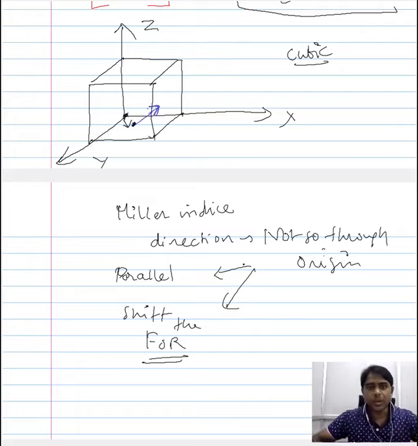Once you are able to establish a direction that passes through the origin, then the procedure remains the same. You try to project the direction to the different frames of reference or the principal axes individually, identify the points where the projection meets each of these references, and then factorize them and enclose them in the square bracket. That would represent a specific direction.